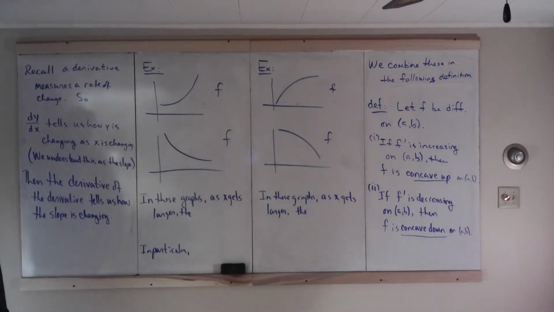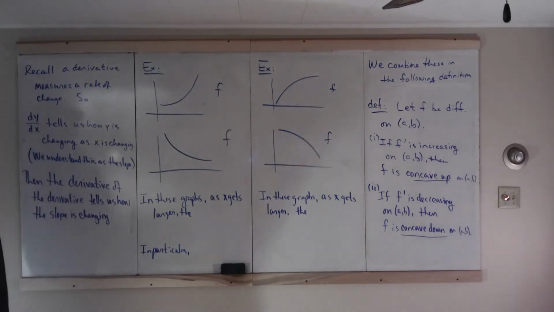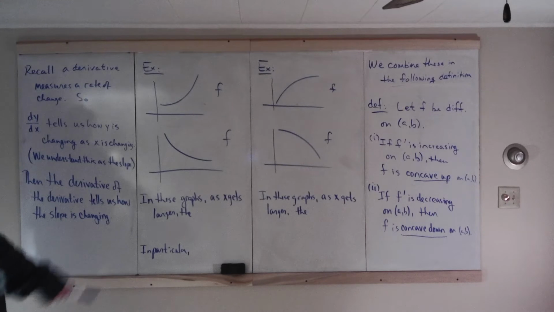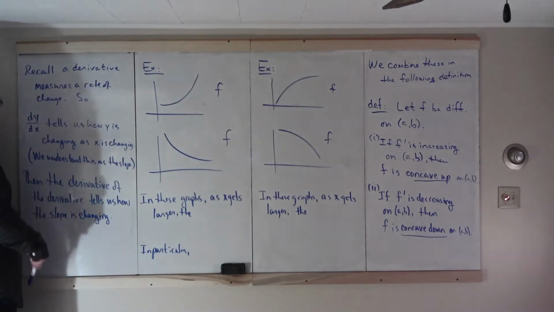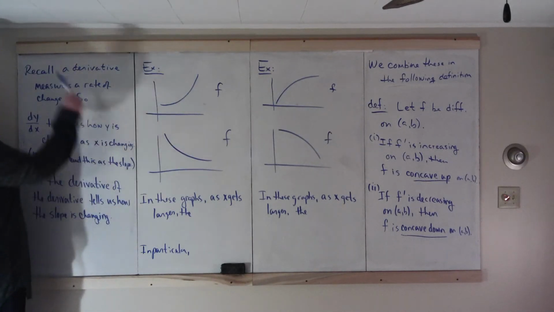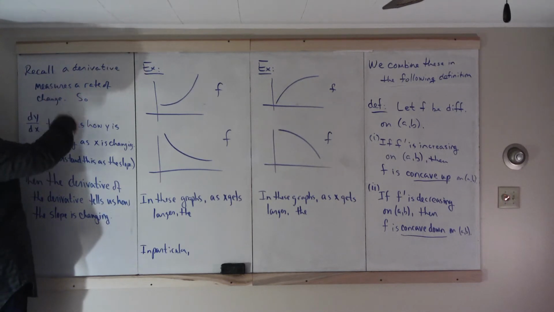The first derivative tells us how the y values are changing as the x values are changing, and we understand that as the slope at a point. But what if we apply that same reasoning to the second derivative? Well, the second derivative is the derivative of the derivative. A derivative measures a rate of change. The first derivative measures a rate of change of a function,